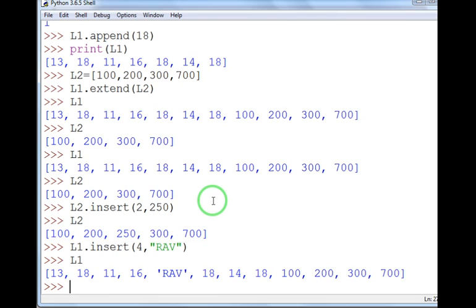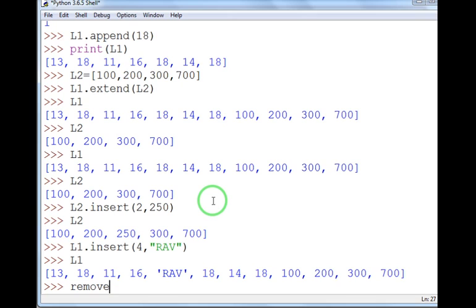The next function that we will cover will be remove, R-E-M-O-V-E. The use of this remove function is that it is used to remove the first occurrence of a given item from the list, only the first occurrence.